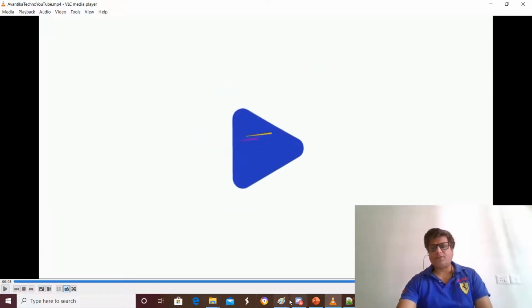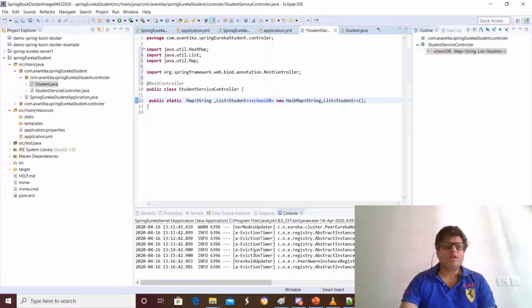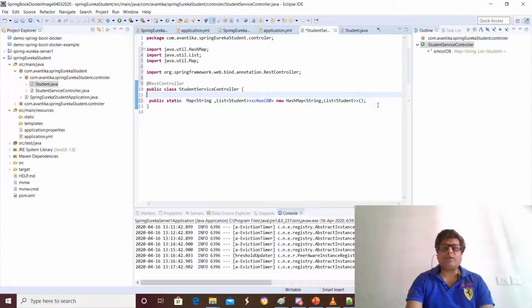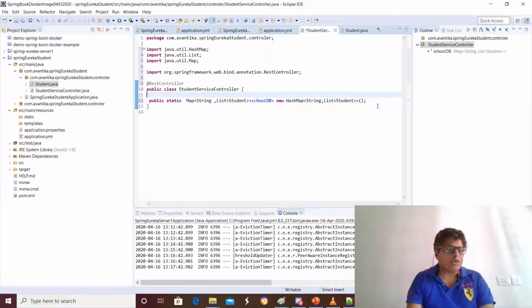Hey friends, in this series we will be getting to the Spring Eureka student, which we will cover in a later session, and we have made it up to that point. We have already discussed that we created the map of string and object where we will be using this school DB. So for that,